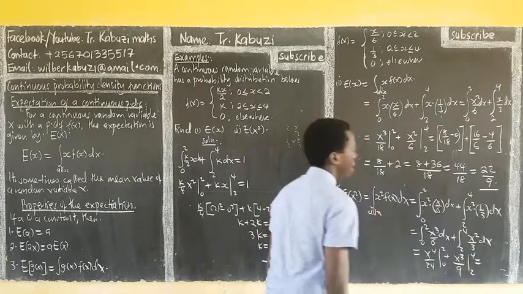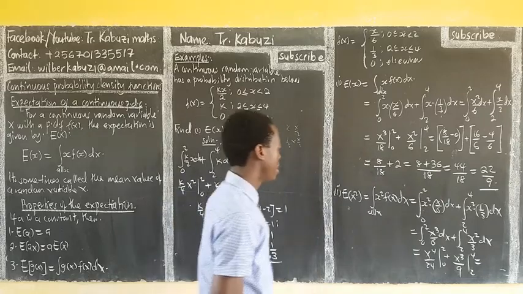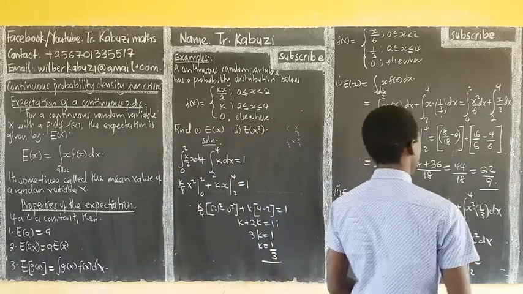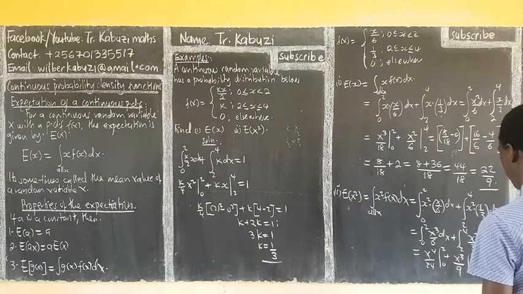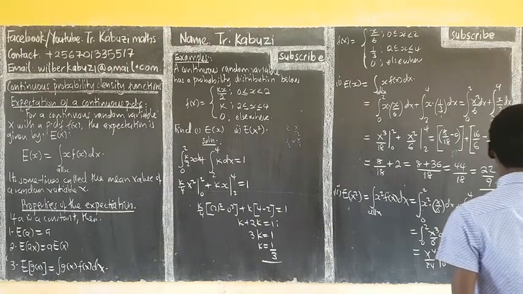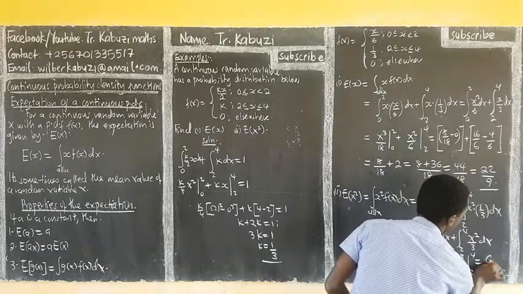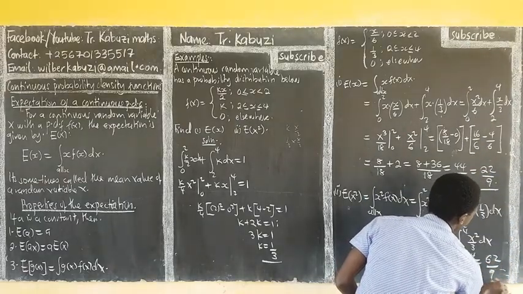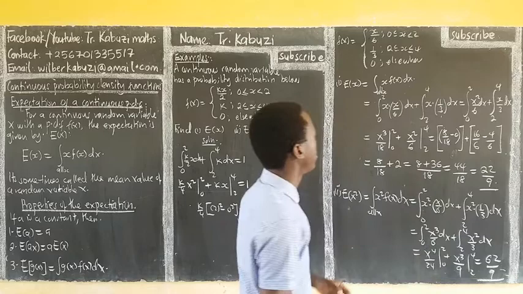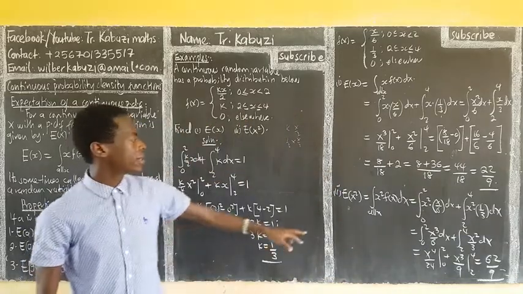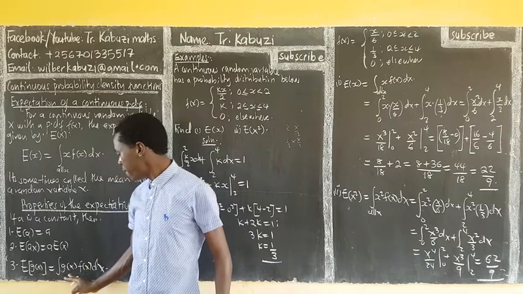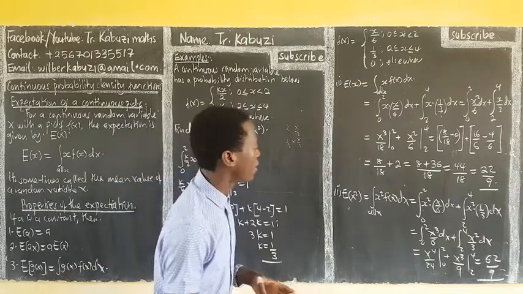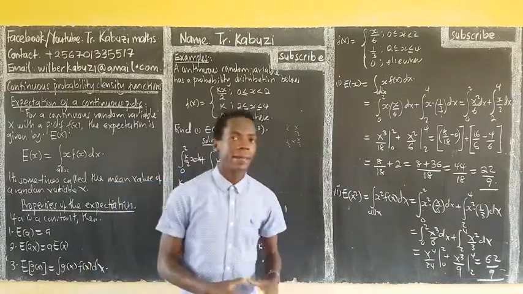Then substitute, and the answer I'm expecting you to get is going to be 62 over 9, and that will be our answer. So that's how we handle this one, representing this idea: when you have any function, you just multiply with the PDF, then you do that. So that's it, members. I wish you